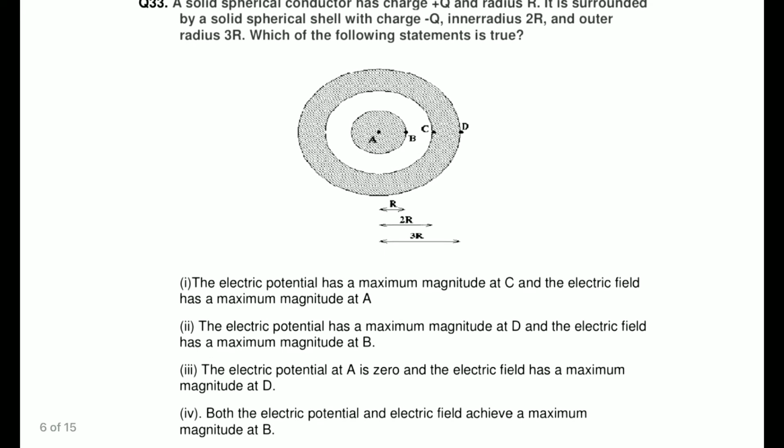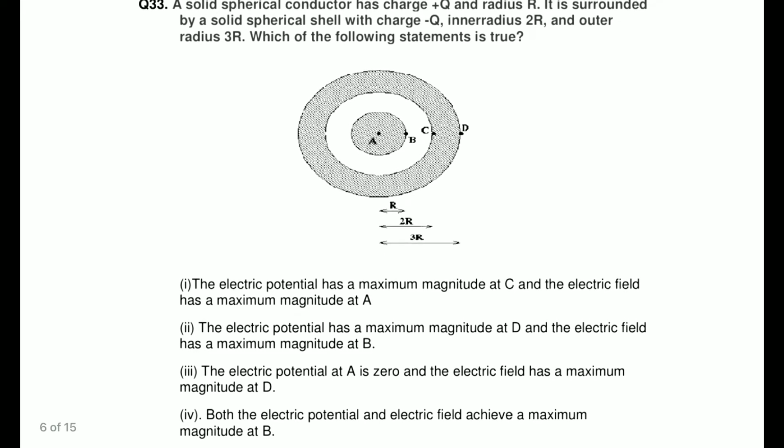Let's very quickly see what is actually happening. This is your first conductor, which has two points A and B. You have given plus q charge. We all know that if you give plus q charge to a conductor, all of the charge will be at the surface of your conductor. The surface will be having your plus q charge, right?